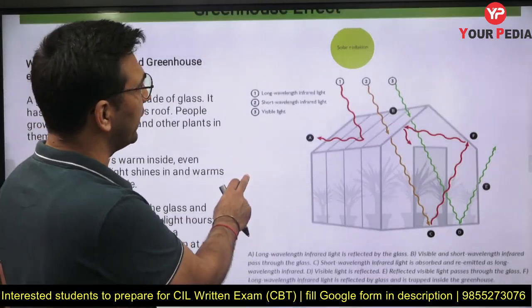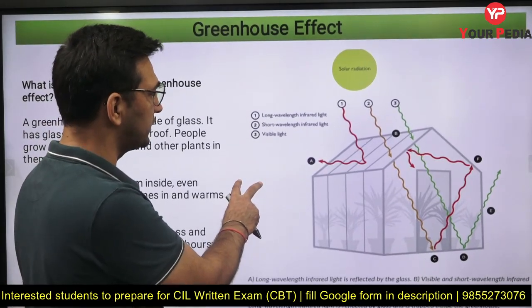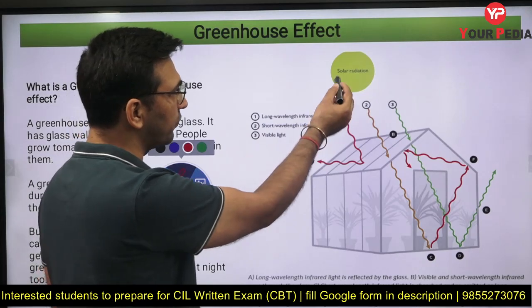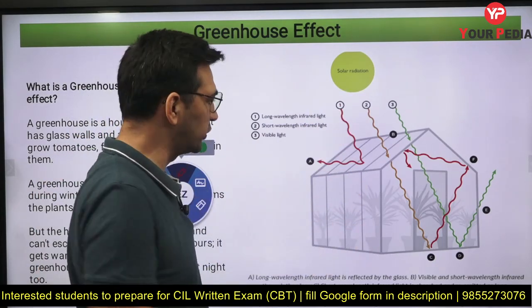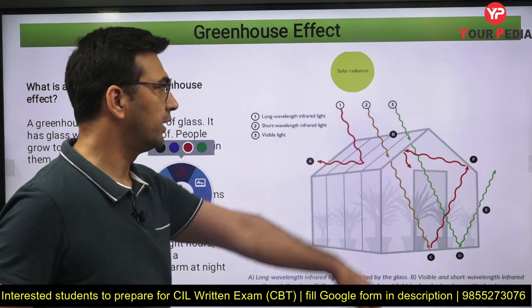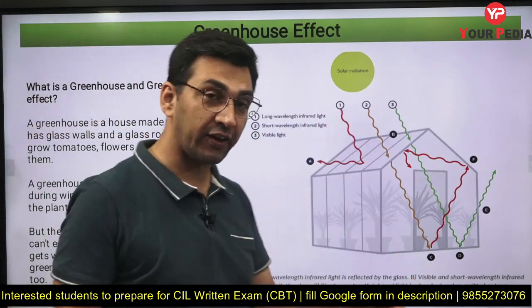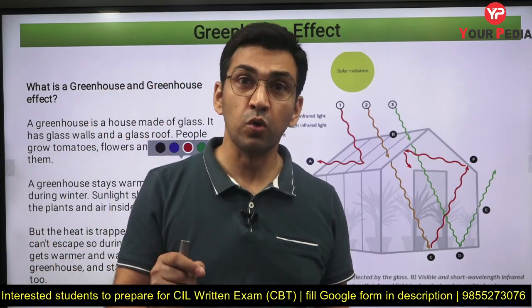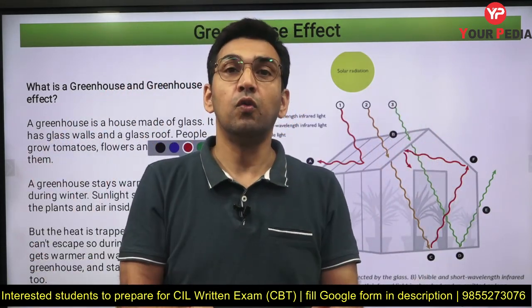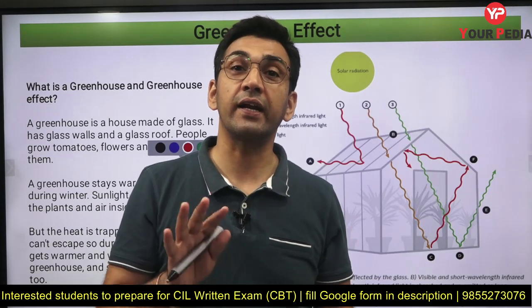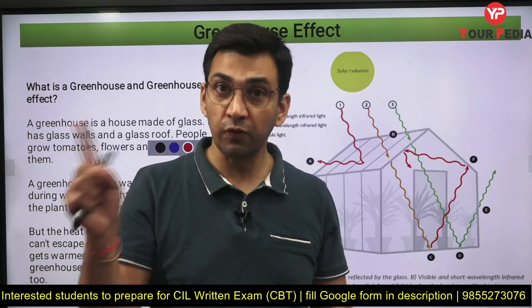And over here don't pay attention to this red portion, because if there is any radiation having longer wavelength coming from solar radiation, only a very minute portion will be reflected, because it will not have that much energy, so it will not go inside. So if I ask you a question now, which radiation plays the major role in keeping the warmth inside that greenhouse? You will say it is the infrared radiations. And which one of those?